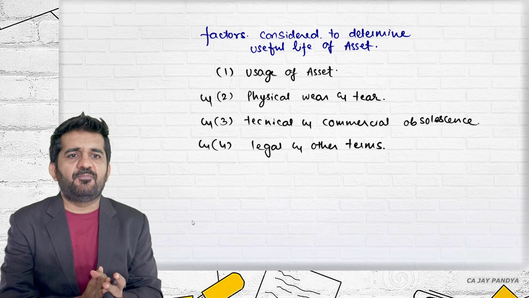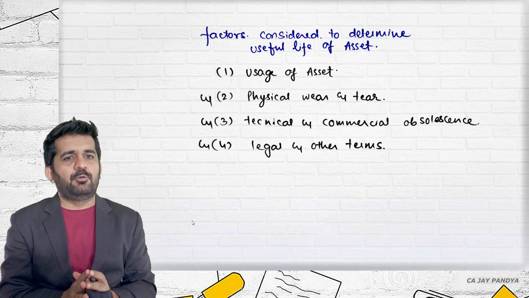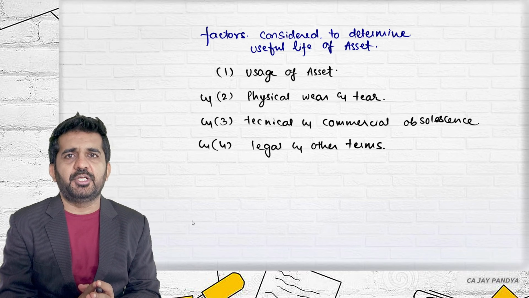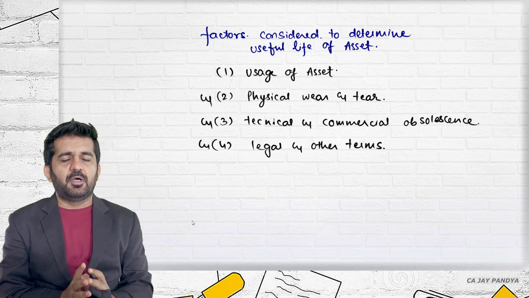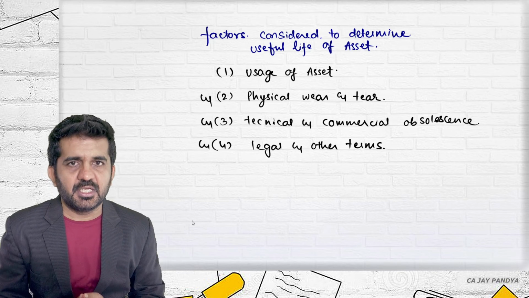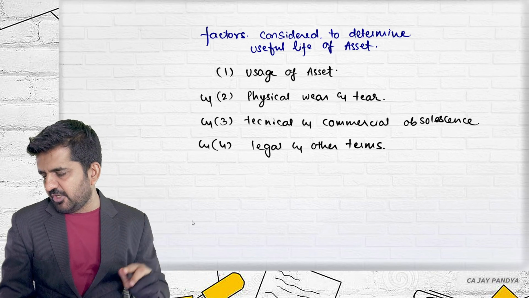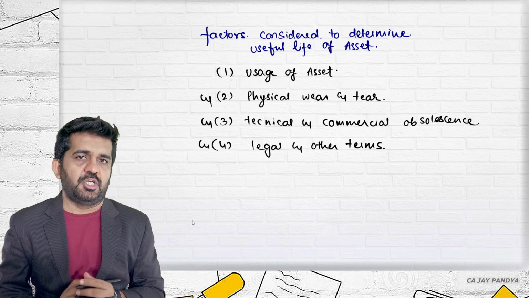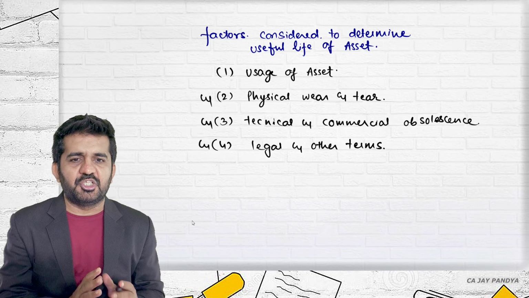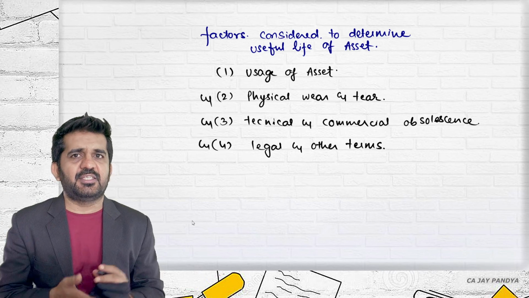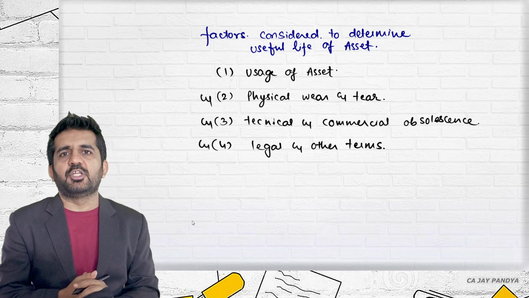So this is the end of part 2 of AS10. We'll have to take one more lecture for AS10, and we'll do it in the next lecture. What we'll be doing is completing the last point, which is impairment and derecognition, where impairment is covered by another AS and derecognition is another point that we'll be doing.